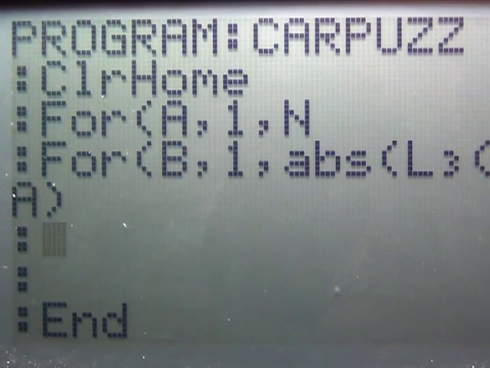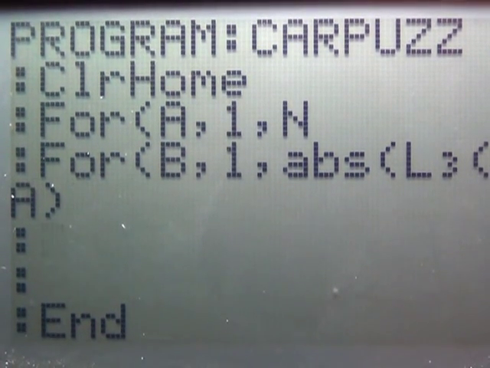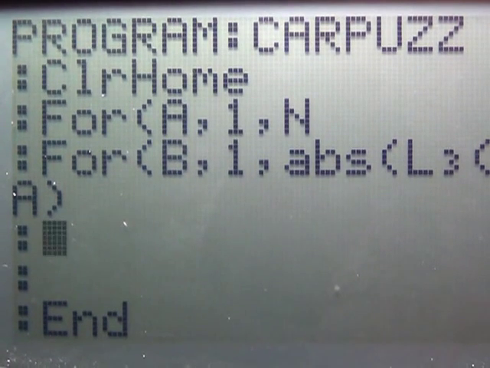So right now we should just be looking at the first car, so it should be 1 to 3. Okay, so for each one of those we're going to take